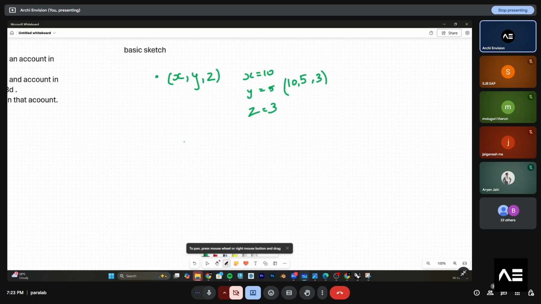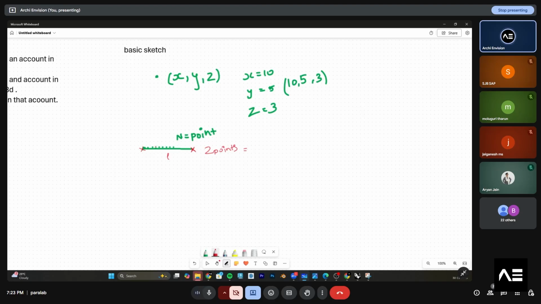For example, a series of points 1, 2, 3, 4, 5, 6, 7, 8, 9, 10, n number of points, which is called a line. It will have a starting point and an end point. So it will have 2 points and it will have a length, a dimension, 1 dimension.